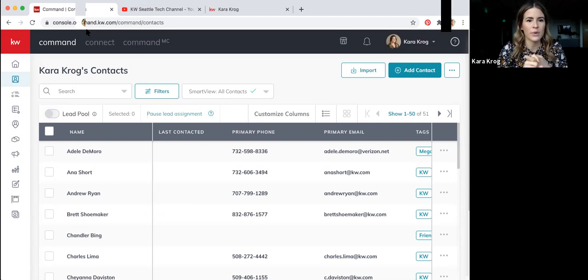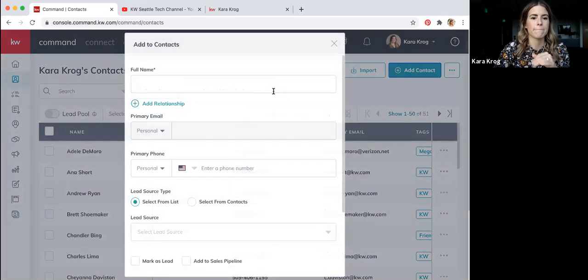I have not put contacts in my database yet. I need to work on that. I haven't started using smart plans, or I haven't set up my agent site. We have videos that cover all of those things specifically. But today we're going to take a really big macro look at everything. And I'm also going to try to move a little extra fast, so we have time to go through your 2021 goals. So as far as adding contacts go, I will say you can click this right here to add